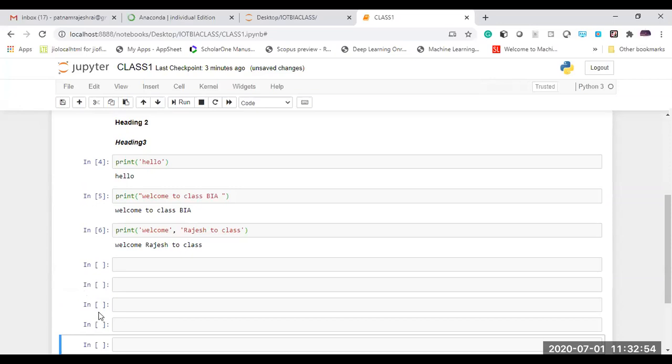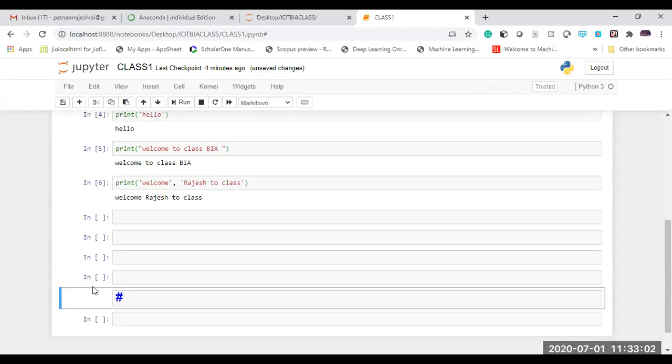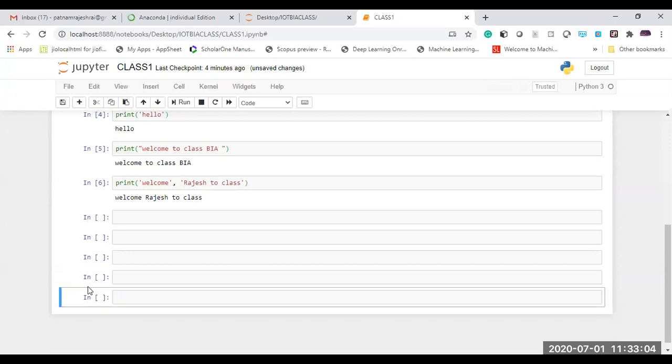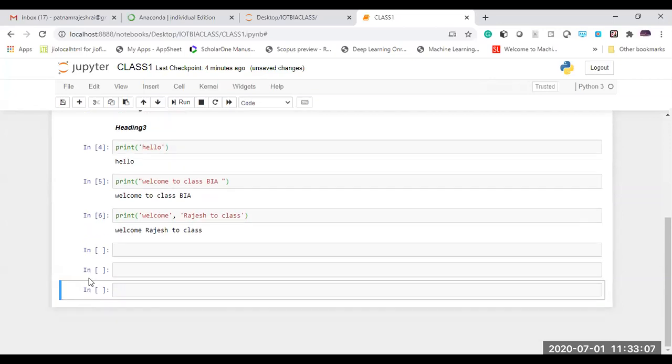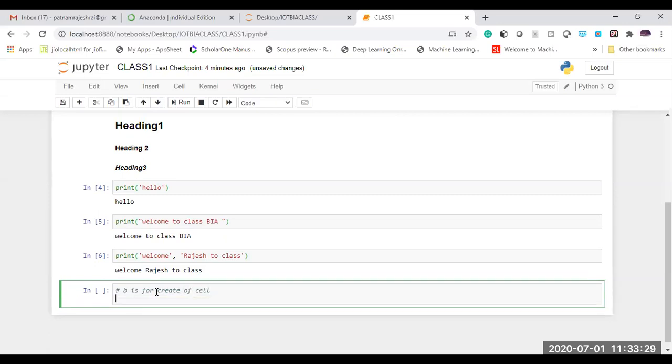If you want to delete the cell, what happens? You can double click on D, D for dog, so that you can delete this cell. So these are the two keys. One is B, for creating or inserting cells.